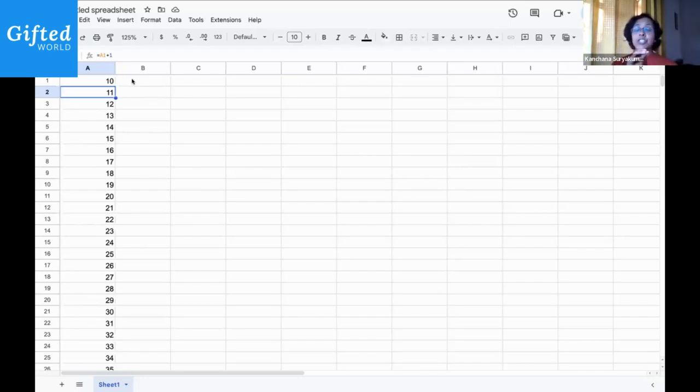But 1 plus 0 has no connection with the number 10 there. Suppose you said 1 plus 0, for example. The number 1 would appear for B1. But then would you do the same thing again for 2? For all your double digits which started with 1, your 1 plus 0 will do the magic. It will put in the number 1, which is no different from us entering the number 1 ourselves, right? But once I go to the 20s, you'll have to change your formula. You'll say 2 plus 0. And then once you go to the 30s, you will say 3, 40s, and so on.